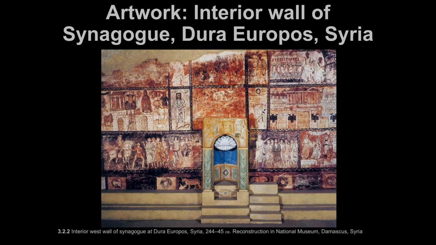Let's first look at this. This is some of the oldest surviving monotheistic artworks. It's Jewish. It's in a Jewish synagogue. And what we have here are narratives that come from the Torah, or you could say the Old Testament. And these are didactic in nature, which means that they are educational. They're used as a learning tool.